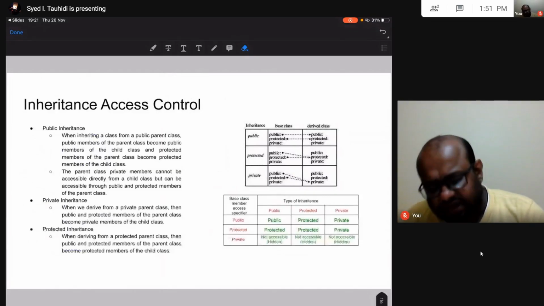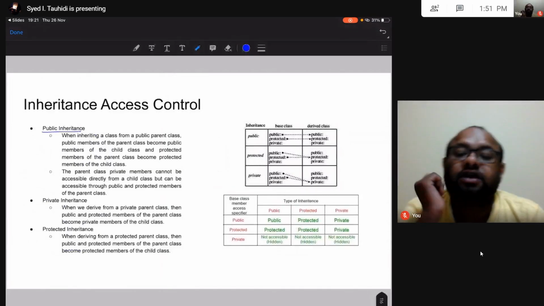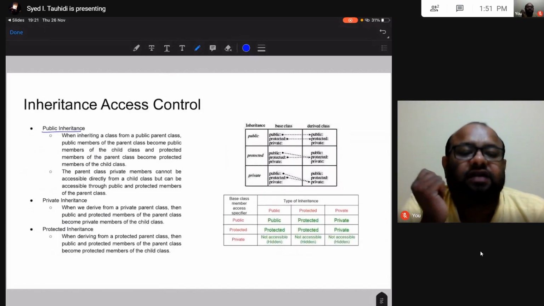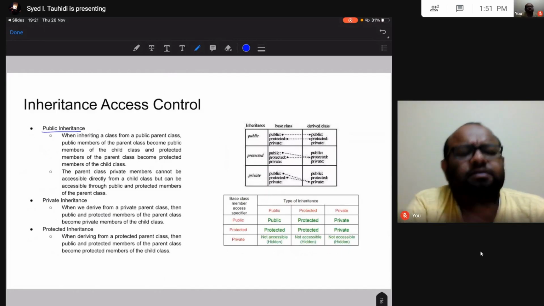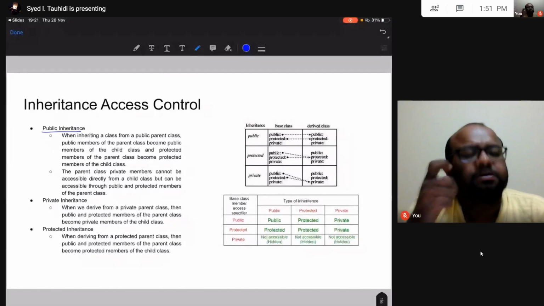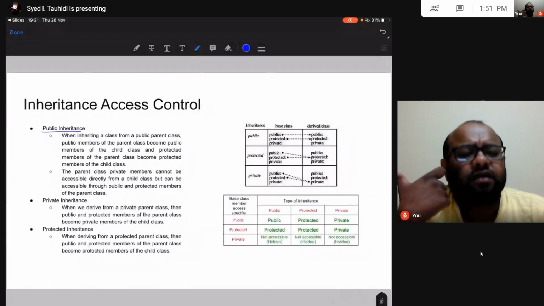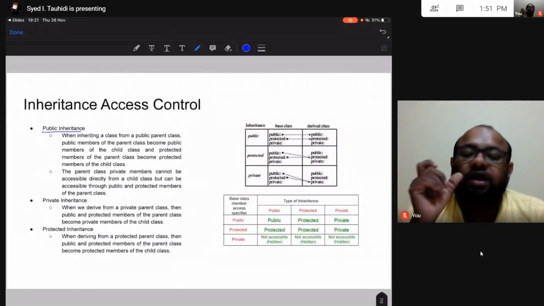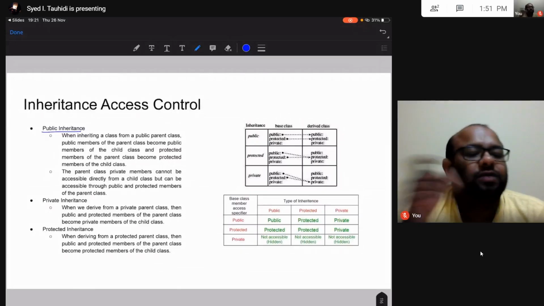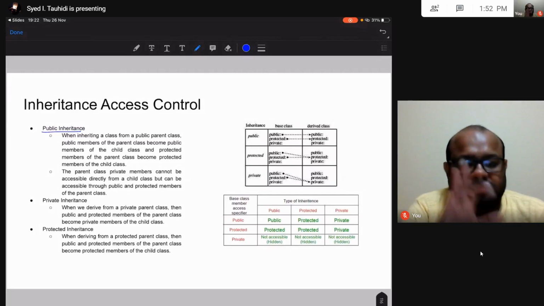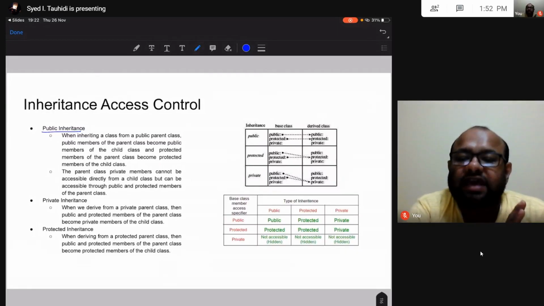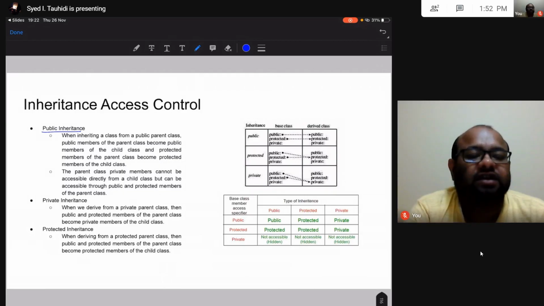In public inheritance, when inheriting a class from a public parent class, public members of the parent class become public members of the child class. So public members, be it data attributes or methods, will stay public. Protected stays protected. Fine. The parent class private members cannot be accessed directly from a child class.